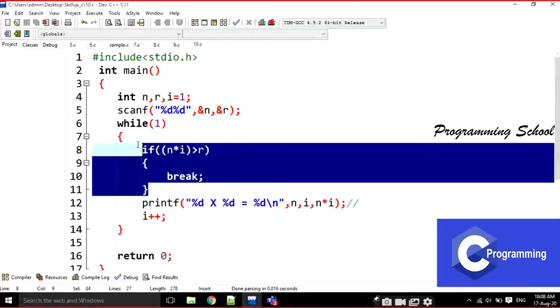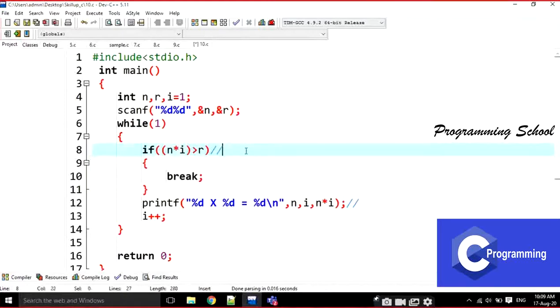Instead of break, can I give the condition in the while loop? Yes, we can. But when we write this break, it gives a clear idea of where we have to break. Now, how do we convert this manual breaking into natural breaking? That means instead of 1, I am going to write some condition here. I will show you how.